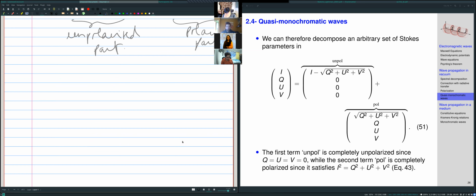Then polarization in astronomy is not always strictly required to achieve a specific result or finding. For instance, if you want to detect a planet by measuring the radial Doppler shift of the star, then you're not interested in learning about the polarization so much,